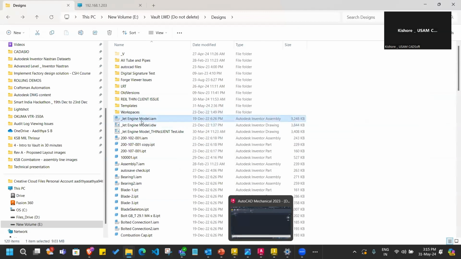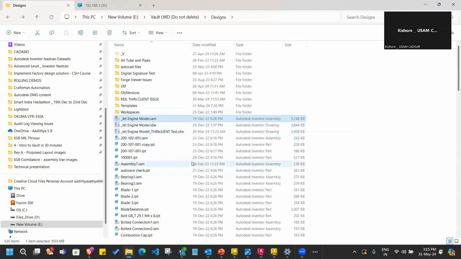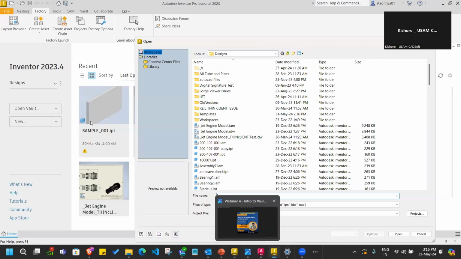So in Microsoft Explorer you can just see that I have some files here. For a designer, you know that in your Inventor assembly there will be some Inventor sub assemblies, in them sub assemblies and parts, and for the parts and assemblies there will be drawings. So all of these files are interconnected. Since I created those files, I know this is a main assembly, this is its drawing, this is a sub assembly, and these are the parts inside it. But to show this throughout the organization, basically what I would have to do